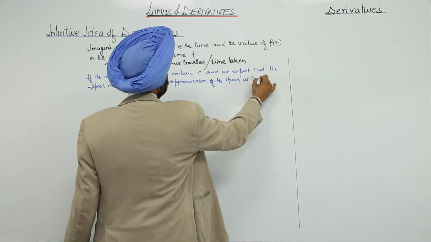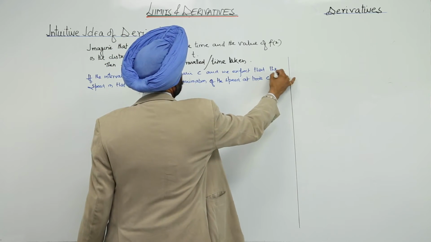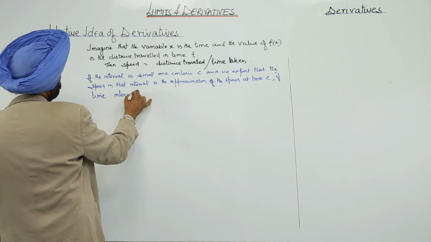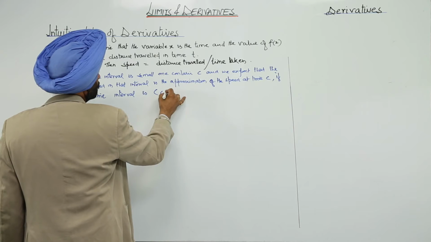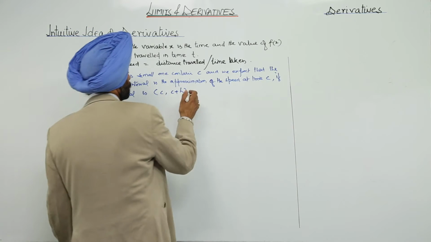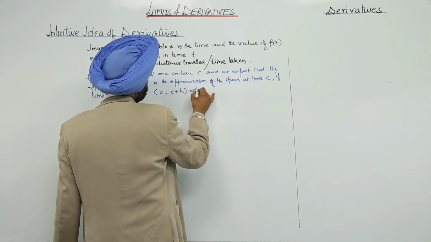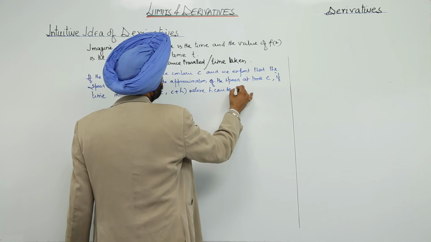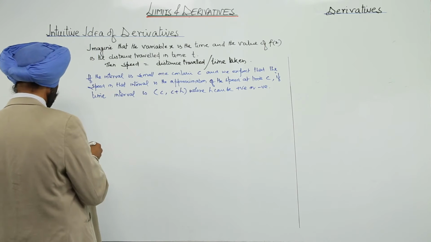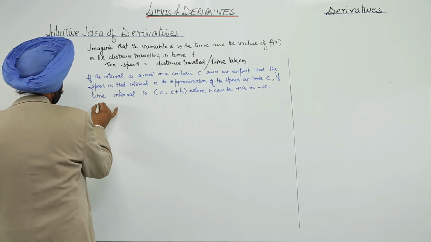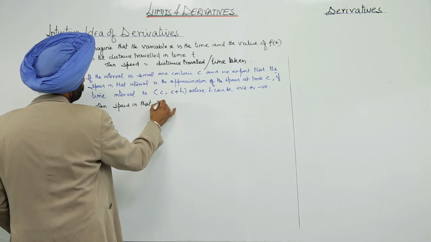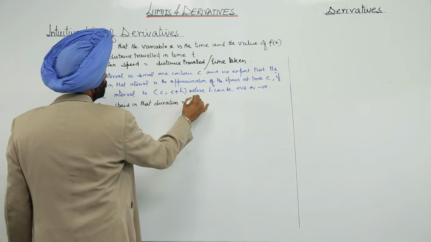at time c if the time interval is [c, c+h], okay, and here h can be negative or positive, it hardly matters, where h can be positive or negative. Then the speed in that duration is given by